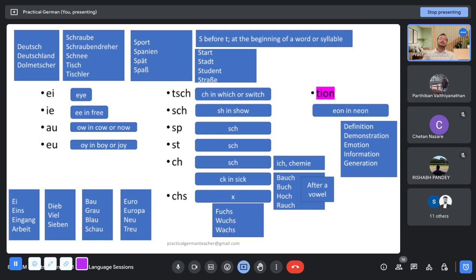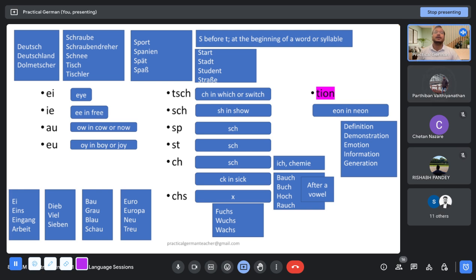Demonstration. But I mean, you don't have to say it in bits and pieces. I'm just telling you how it should be in your head, but you say the entire word in one go. One more time. Demonstration. I'm saying demonstration, emotion, information,